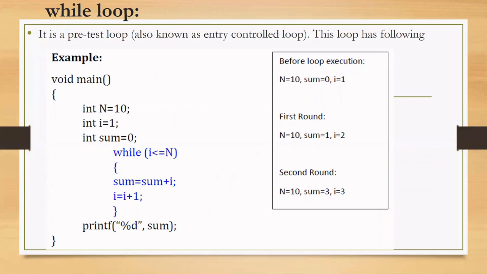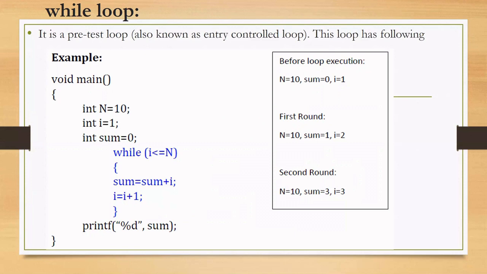We'll see one basic example of the while loop, where this program finds the sum of n numbers. Here n is initialized to 10, so this program finds the summation from the first number to the 10th number, and i is initialized to 1, so it starts with 1. And I'm initializing the sum value to 0, rather than storing some junk value. Anyway, we are speaking about the while loop, where there is while and a condition.